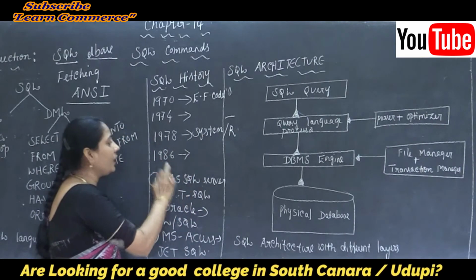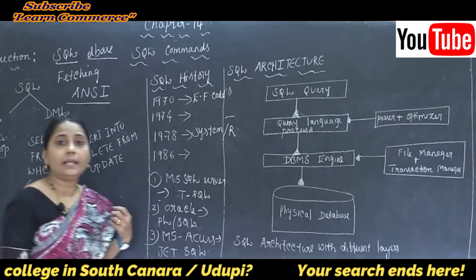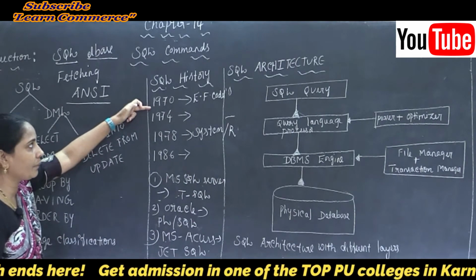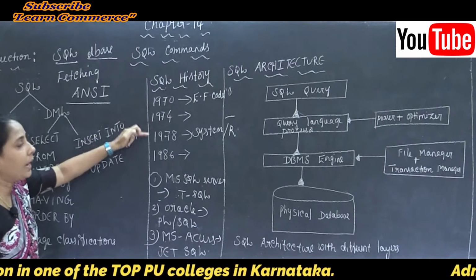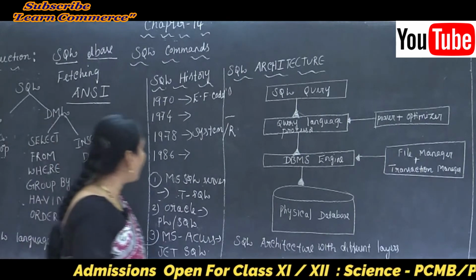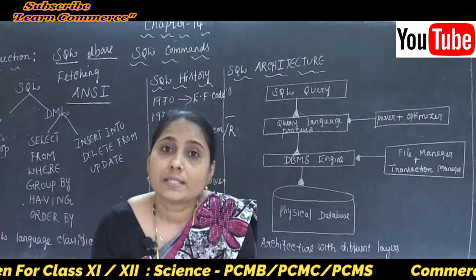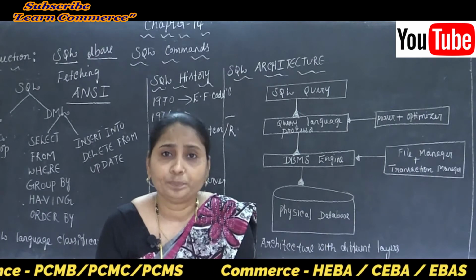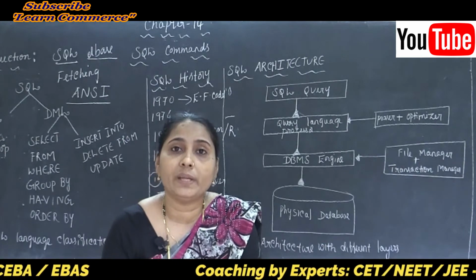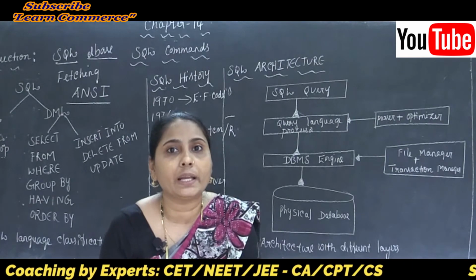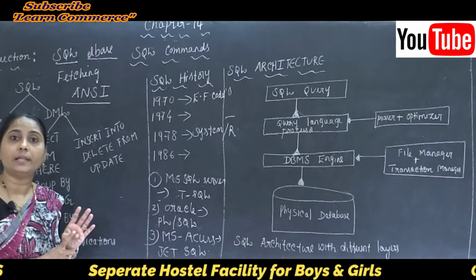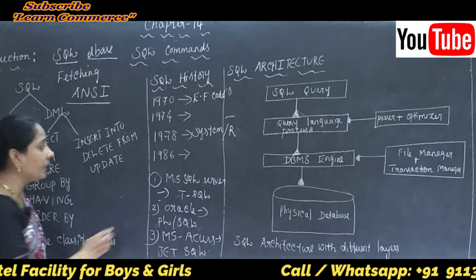Clear this point? And lastly, we can say that in the year 1986 here. We already completed what happened in 1970, in 1974, and also in 1978, and the last year is 1986. So we can say that IBM developed the first prototype. What is a prototype? The meaning of prototype is the first declaration of the relational databases. He introduced the first relational databases, and such databases were standardized by ANSI.